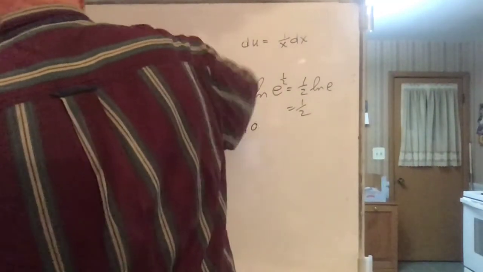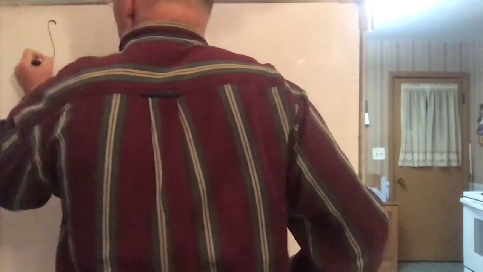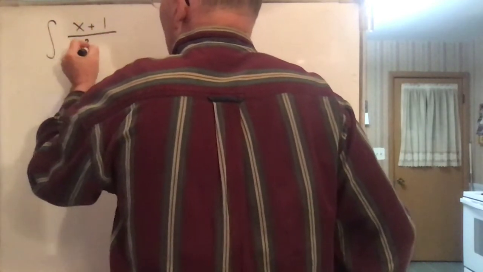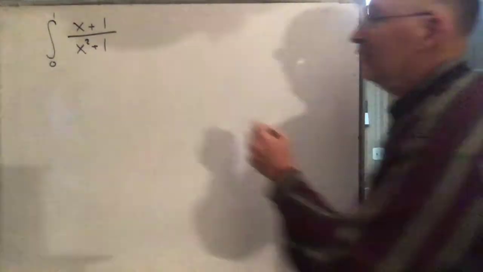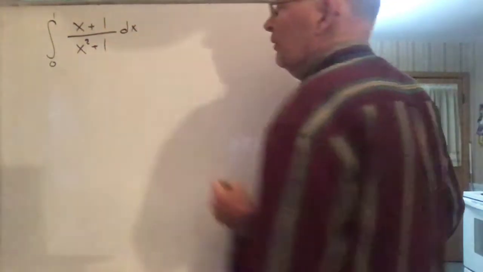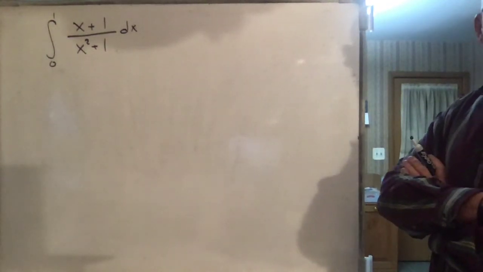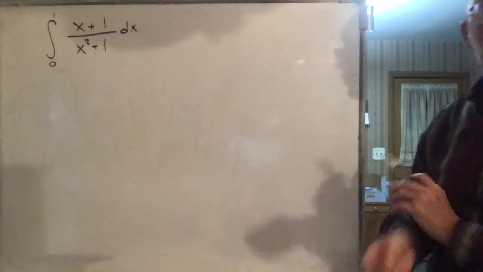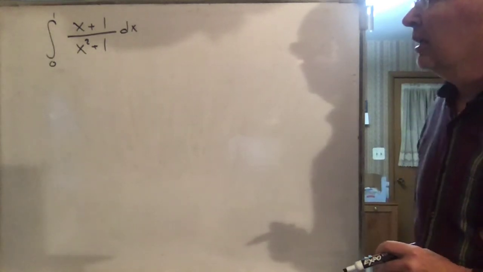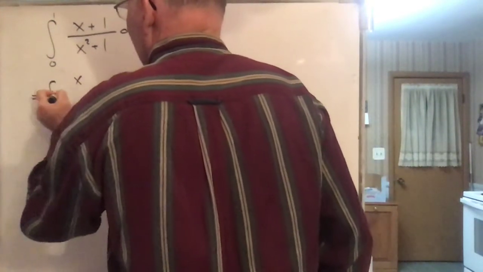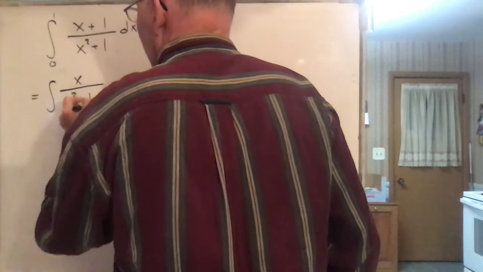Okay, here's another one I like. The integral of x plus 1 over x squared plus 1 from 0 to 1. I like this one because it just kind of looks tempting. You want to do some dividing or something, but you can't. What you can do is break it up. I can break up the numerator and write it as x over x squared plus 1